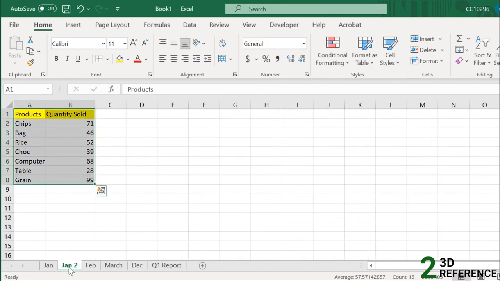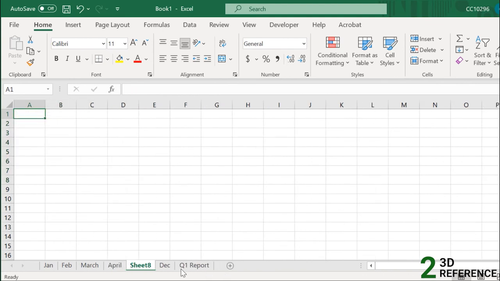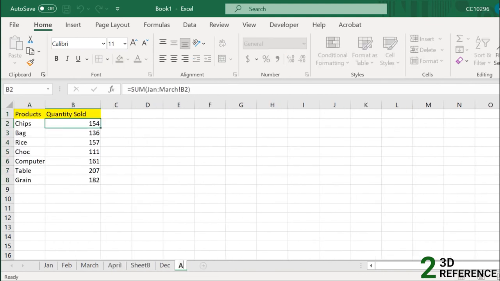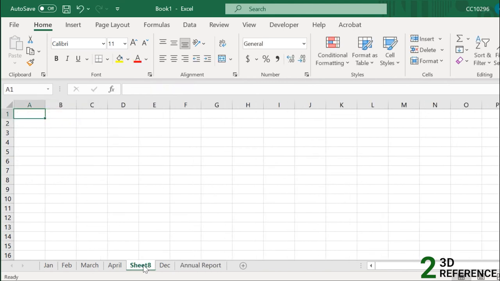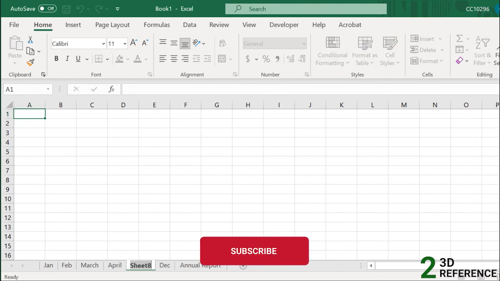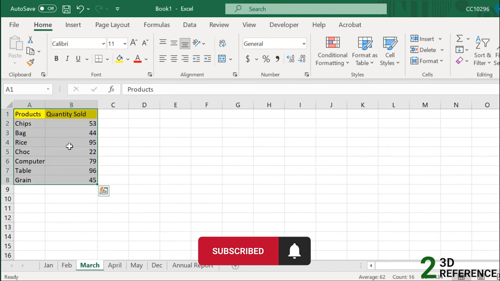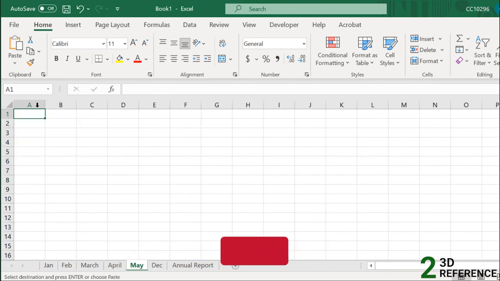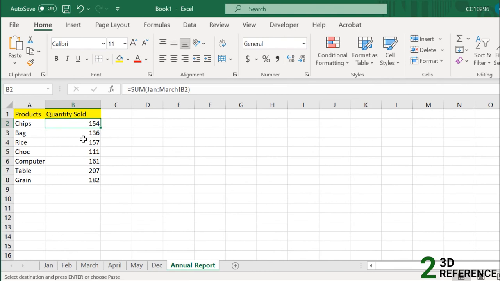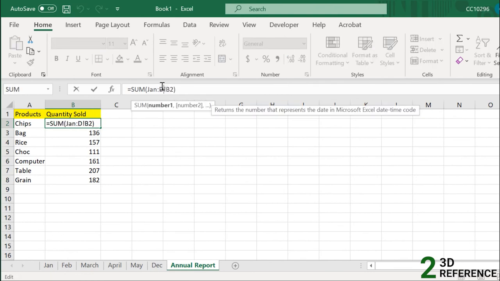Now suppose this data is for the April part, so it will be April. Now you have new data here, and rename this to the annual report, right? Now rename this new sheet to April and May. Let me copy the March values into the May part, right? Now go to the annual report and just edit this March to December,